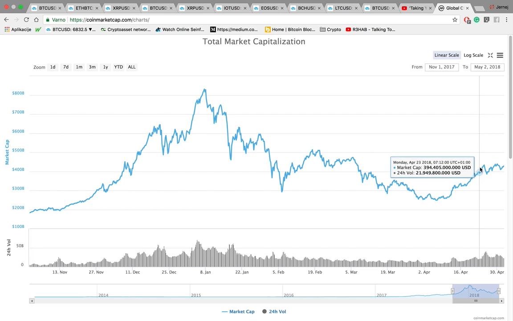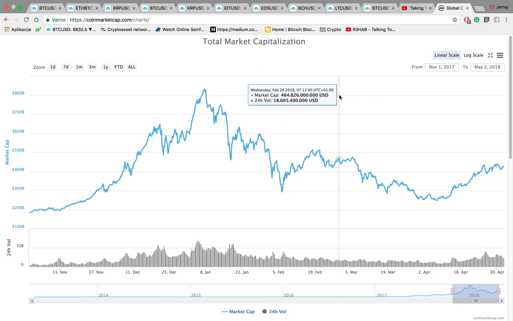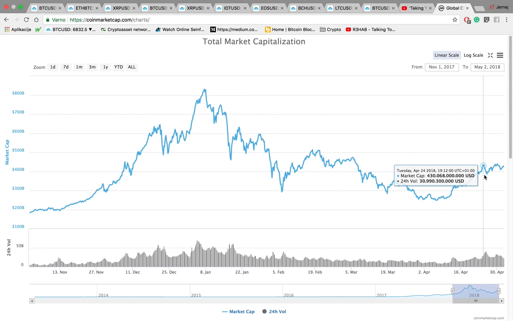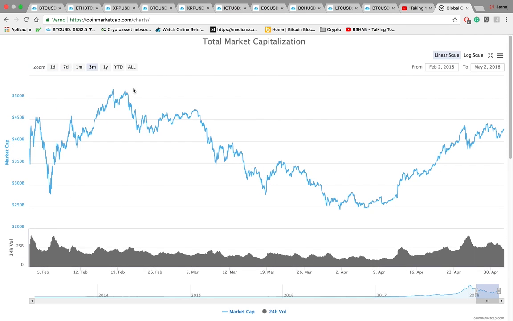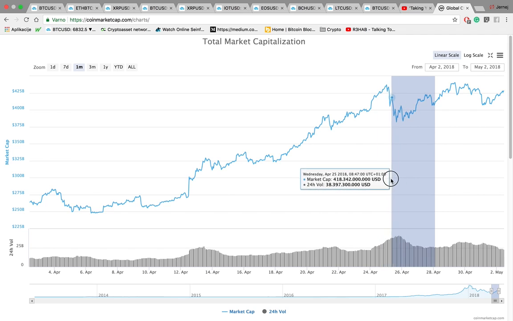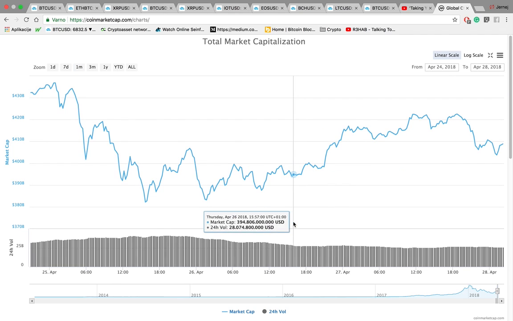Of course, this is not as exact because this is all coins together. This is not all coins, but the majority of the coins that are on the site, on CoinMarketCap. So yeah, we see this testing this area, and if we look closer, and again I can't draw on this, so I'm gonna ask you to use your imagination again. If you look at this,